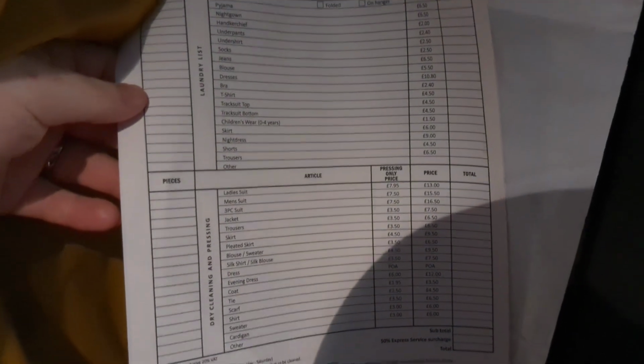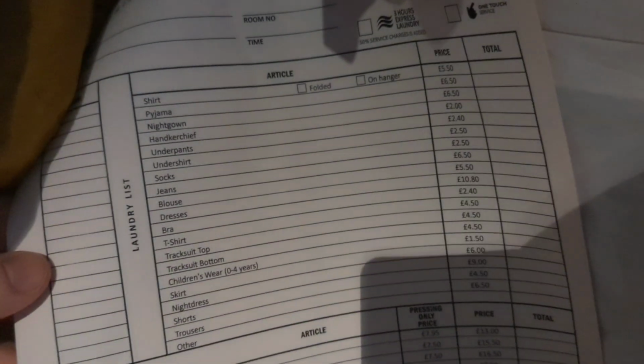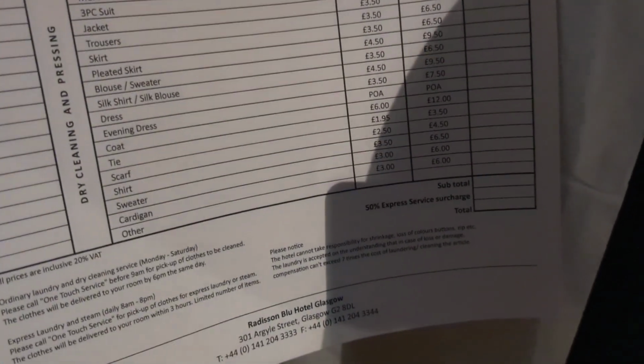Inside the wardrobe also is your laundry service prices. I'll go a little closer and just scroll down. Sorry for the shadow, but that's all your prices. Pause it if you want to take a look at that. Feel free. Close that over,